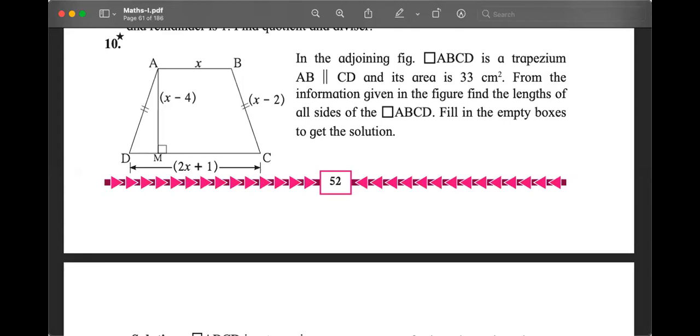Look at the picture, look at the diagram carefully. One more piece of information is there. Very good, Khadija. So when we see this in the diagram, it is very clear that the side AD and the side BC are of the same length. That is why the double lines are drawn on them. See this symbol.